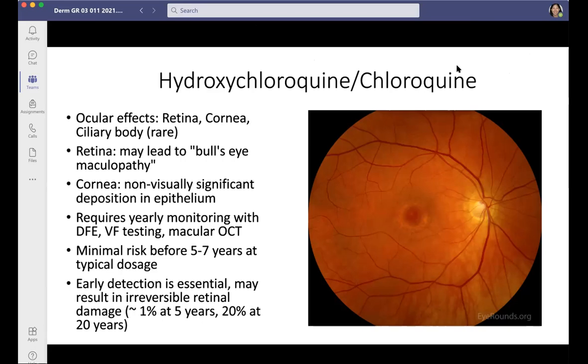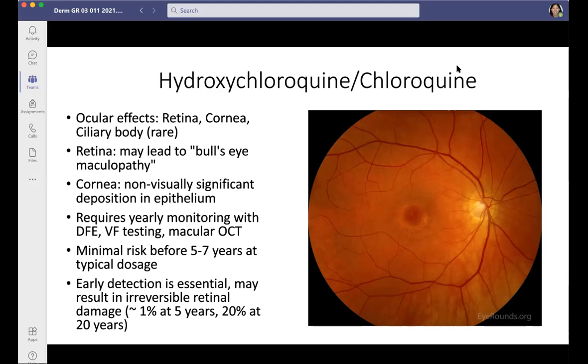Thankfully, it's quite rare. You can have Plaquenil accumulating in some of the cornea. That's essentially trivial. And then just in my review, I read that it can affect the ciliary body, but that essentially almost never happens. So we're not going to get into that. To prevent this bullseye maculopathy from happening,